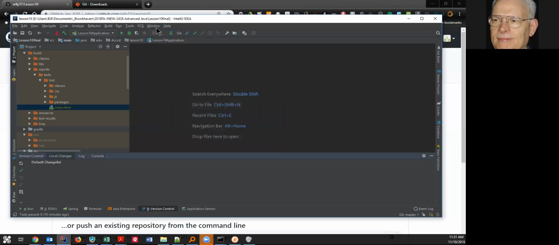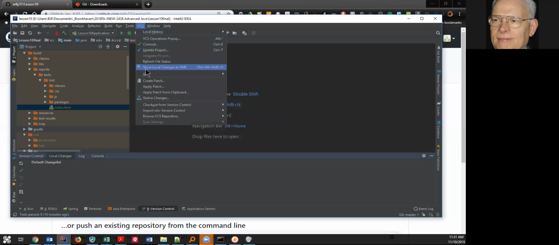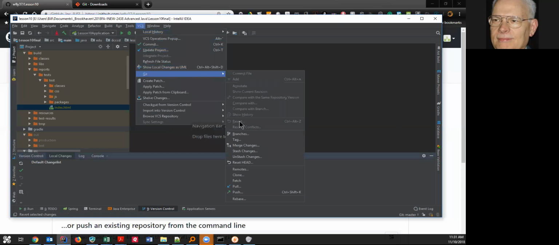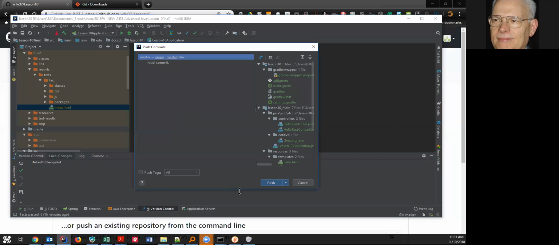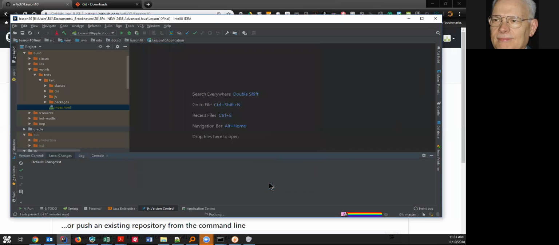And so now I go to VCS and push. This pushes your commits from your local repository to the remote repository at GitHub. And see, this shows your initial commit right here that we did 43 minutes ago and all the stuff that did that. And if you say push,